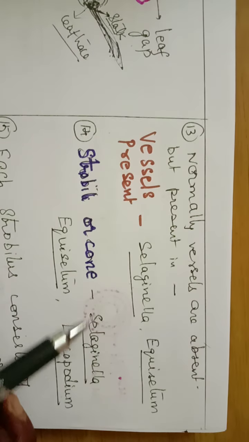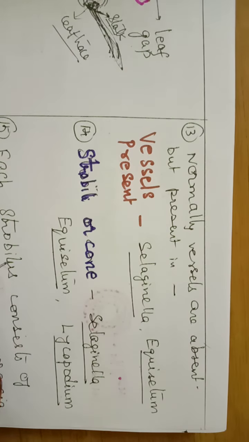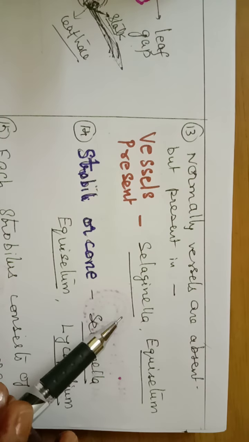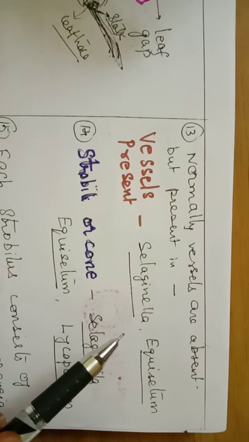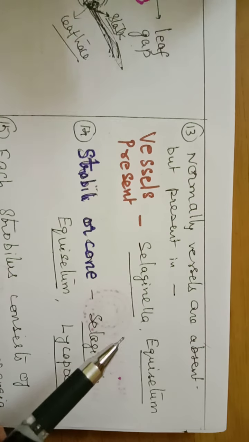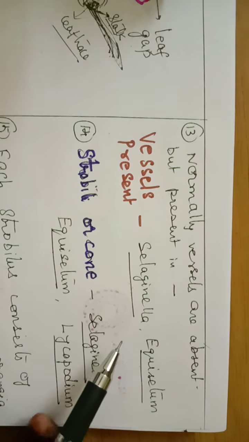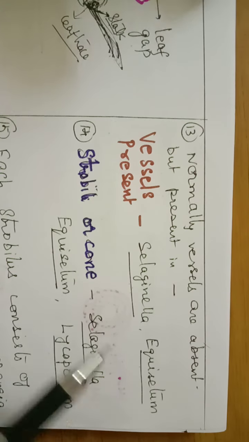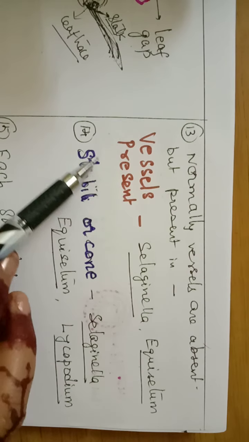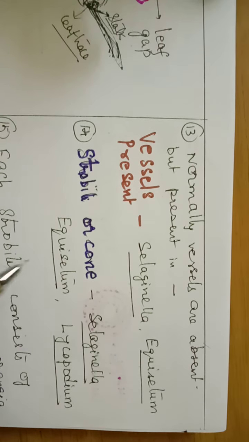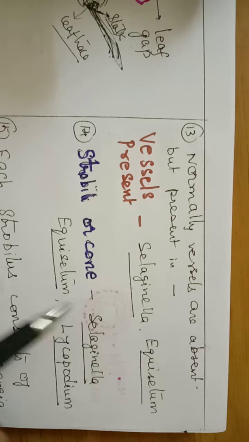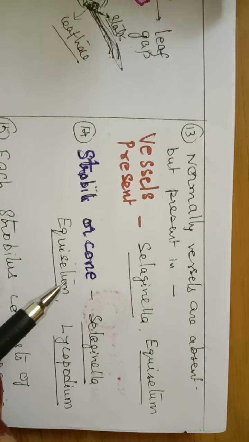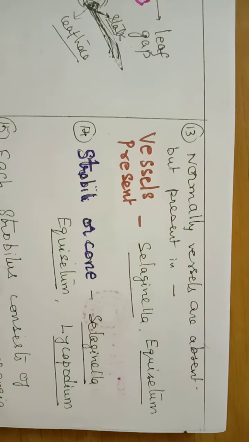Then next, coming to the method of reproduction in the sporophyte. Till now, all the points we have been discussing are with respect to the sporophyte, which is the dominant phase in the life cycle of pteridophytes. Now coming to reproduction, how does a sporophyte reproduce? The sporophyte reproduces by formation of spores. For that, first a strobilus or a cone is formed. A strobilus or a cone is formed by the collection of many reproductive leaves together.